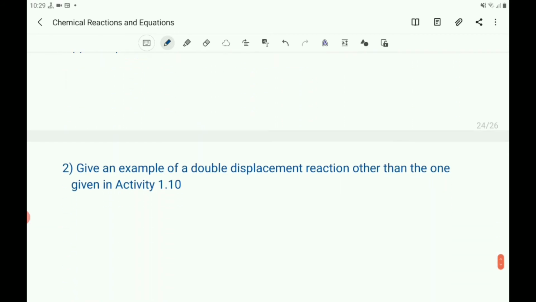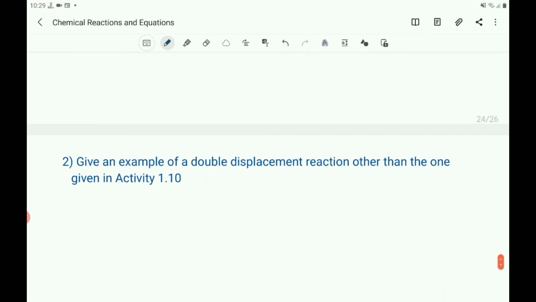Let us come to the second question. Give an example of a double displacement reaction other than the one given in activity 1.10. We can take the example when a solution of hydrochloric acid is added to a solution of lead nitrate, a white precipitate of lead chloride is formed. In this reaction, Pb2+ ions from lead nitrate combine with 2Cl- ions from hydrochloric acid and a precipitate of lead chloride is formed. You take down the reaction here. The answer is